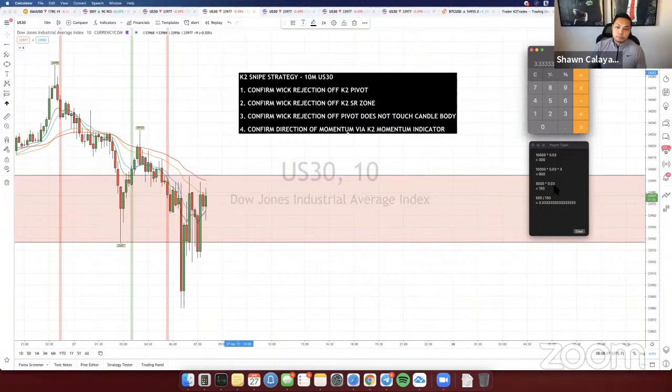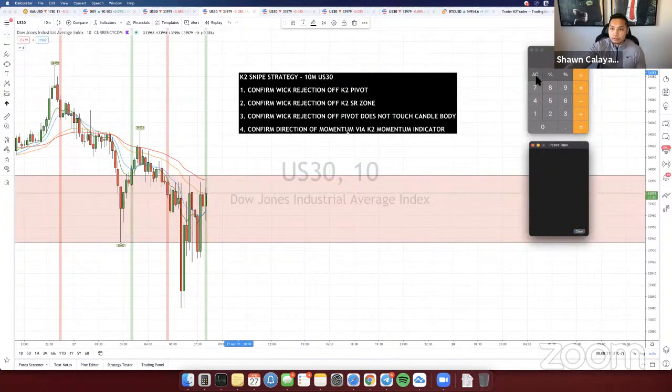Your account will go from 5,000 to like 6,000. And from that point, your profits just increase higher and higher. That's how you compound your profits over time. So it's just basic math. If you want to figure out what you're looking for, you just take the percentage of whatever account size you have. Like if you only have $1,000 and you multiply that by 3%, you're making about $30.